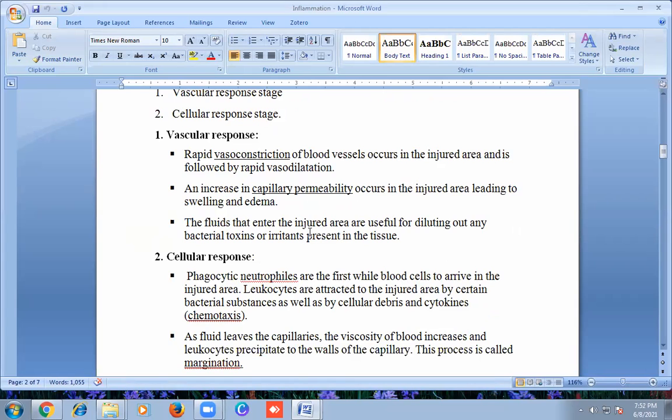The fluids that enter into that injured area are useful for diluting out any bacterial toxins or irritants present in the tissue. What happens? The fluid accumulates there and it will get diluted. Whatever bacterial toxins are there, due to that vascular permeability, the toxins will get diluted, and so